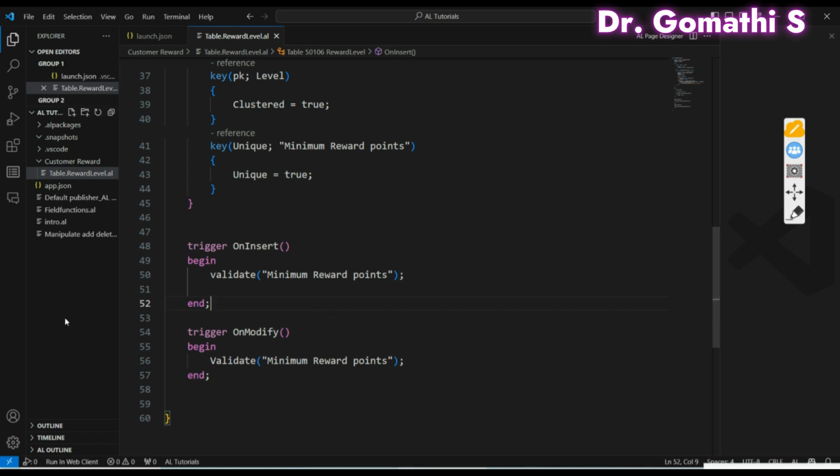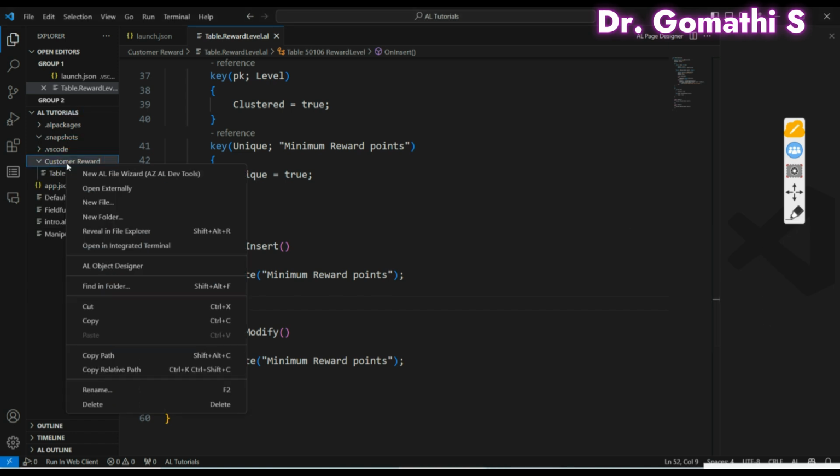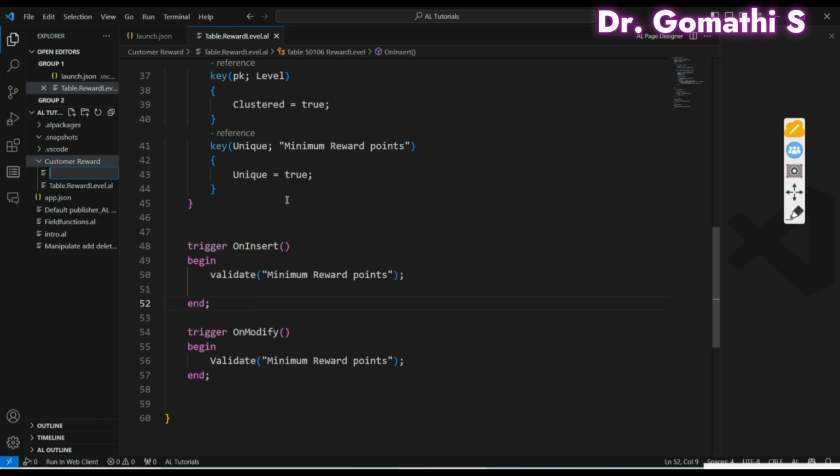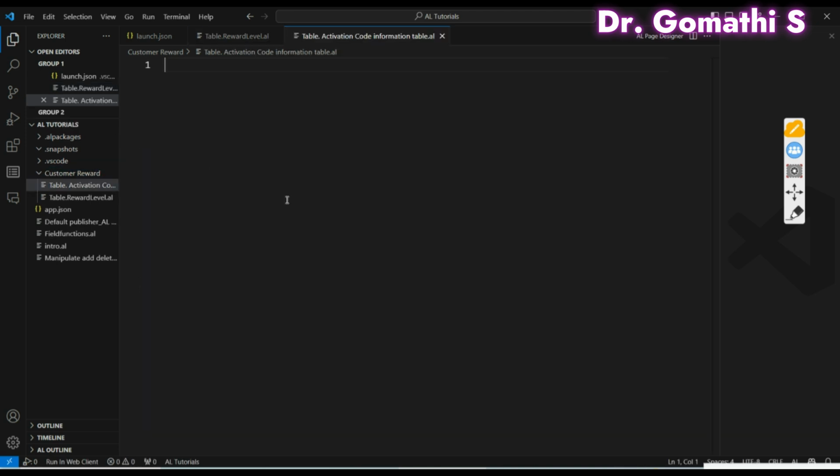Okay, and now we are going to create the second table here, which is an activation code information table. So let us see how to create it. Just right click, I have created a folder here, and I'm going to maintain all these under this folder. So right click here, click new file, and you can name it activation code information table.al. Since this is also a table, you have to name it as table, so for us to easily understand. Okay, and in this table we are going to create three fields, that is activation code, date activated,